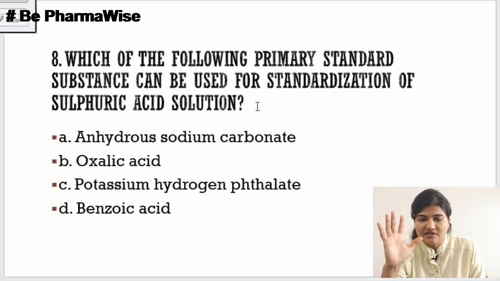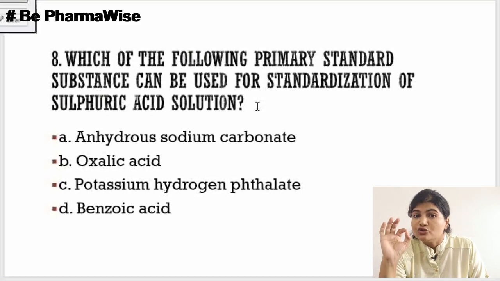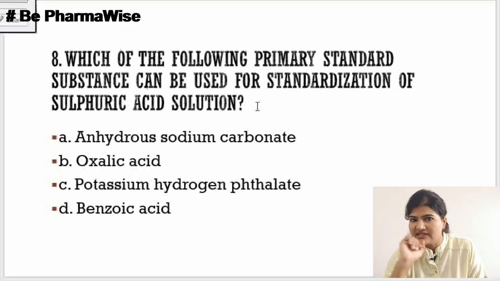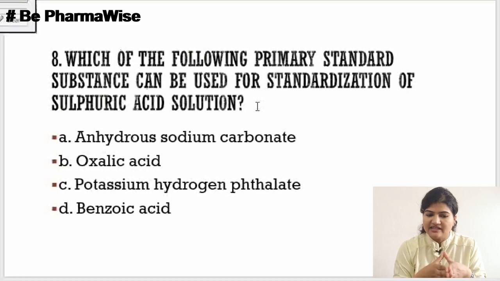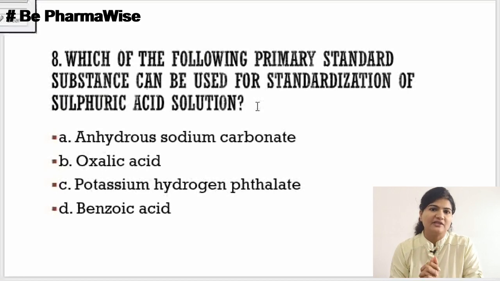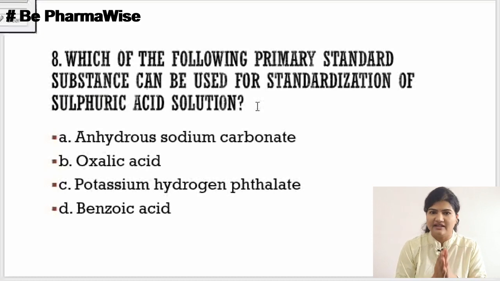Now for acid base titration, if you are standardizing sulfuric acid, just pay attention. Sulfuric acid you need to standardize, means sulfuric acid is a secondary standard substance. So you want a primary standard substance which must be a base. Are you getting my point? If you have to react an acid with a base and your secondary standard is an acid, then your primary standard must be a base, so that you can easily go about the acid base titration.